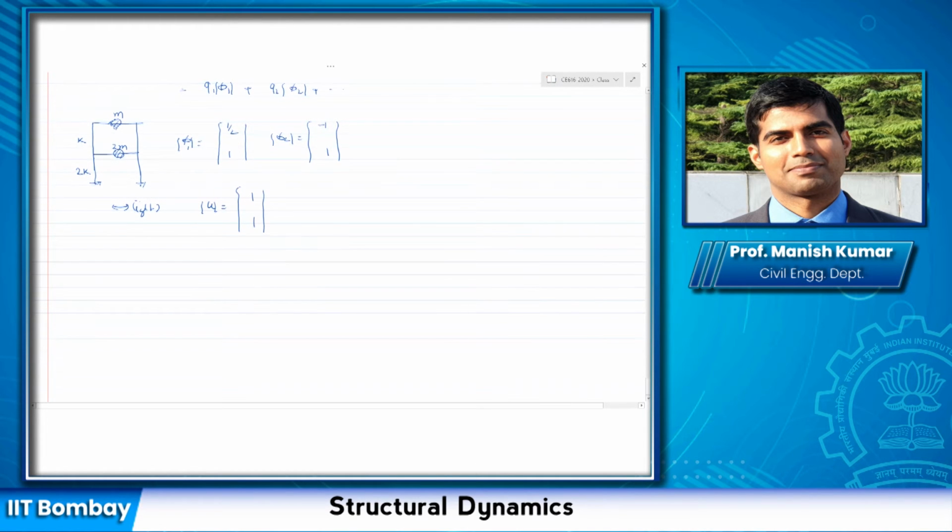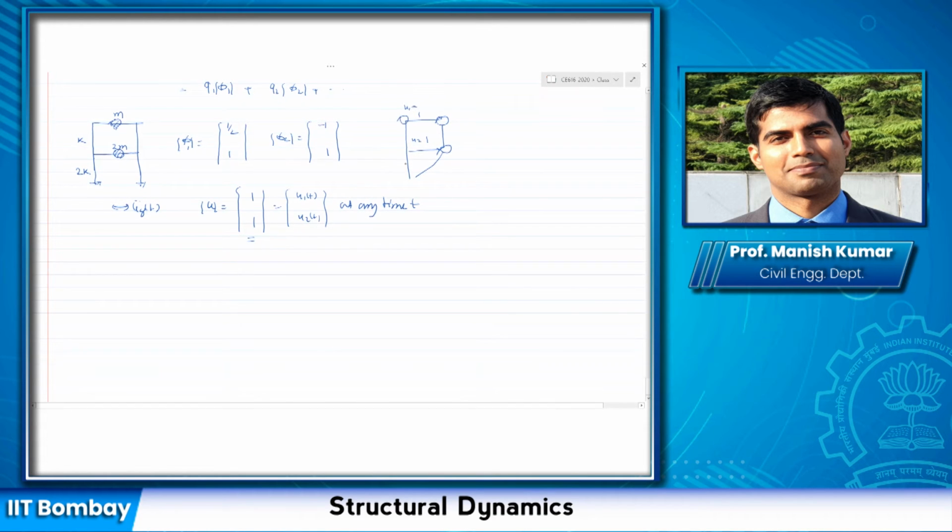This is a total response, which basically represents u_1(t) and u_2(t) at any time t. So don't worry about the time. At that time instance, this is the total displacement. I can write it: the total displacement of the system is actually something like this, one at this point and one at this point. So this is u_1 and this is u_2.